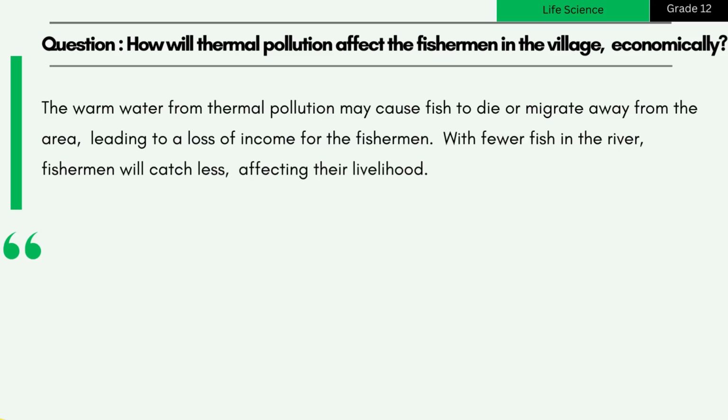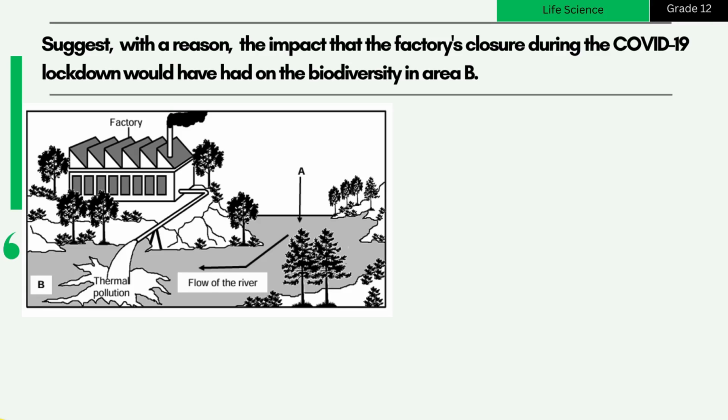The warm water from thermal pollution may cause fish to die or migrate away from the area, leading to a loss of income for the fishermen. With fewer fish in the river, fishermen will catch less, affecting their livelihood. Question: suggest, with a reason, the impact that the factory's closure during the COVID-19 lockdown would have had on the